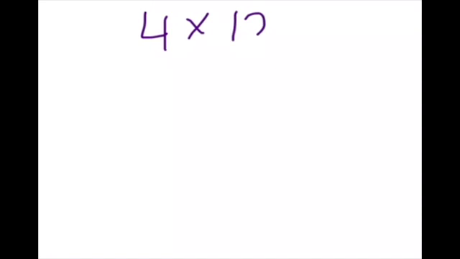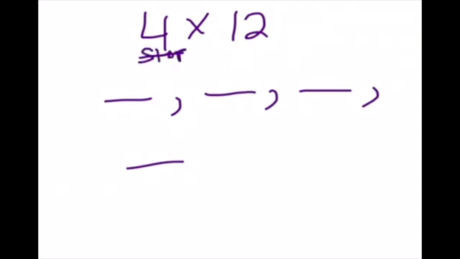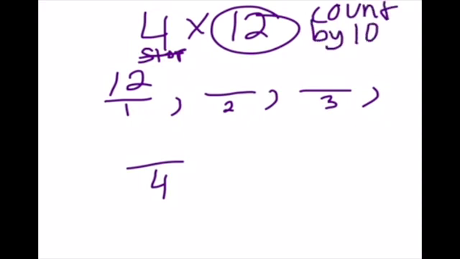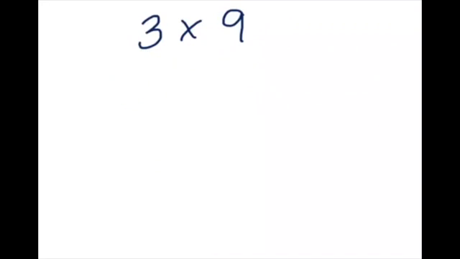So I'll write 4 times 12. We know we should get 48. But if I'm going to count by 12s, how many blanks am I going to have? I'm going to have 4 because this is the number that we need to stop at since I'm counting by 12s this time. So we're going to have 4 numbers. So we know we'll, of course, start with 12. But I told you, counting by 12s is a lot like counting by 10s. But instead of counting by 10,